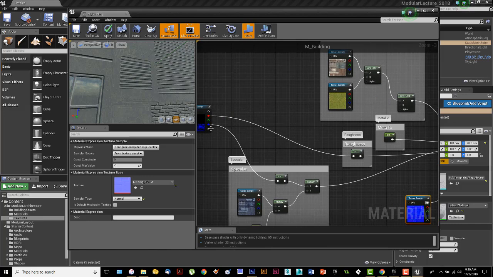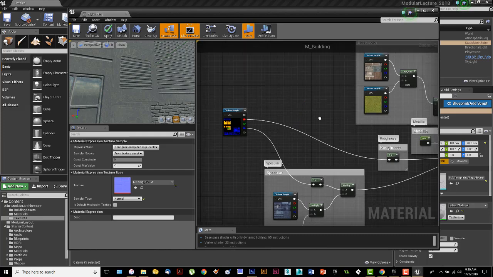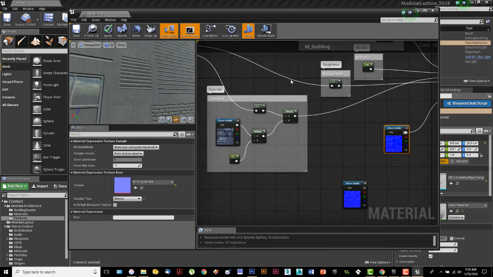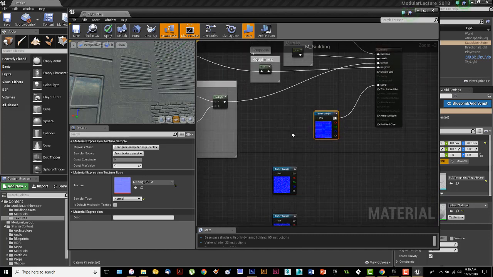Somewhere in here I'm going to have the blue channel tied in, and somewhere I'm going to have the red channel tied in, or the entire image tied in up on this one. So I can kind of see where that one's going to go. But down over here, you can't use a lerp when you're dealing with